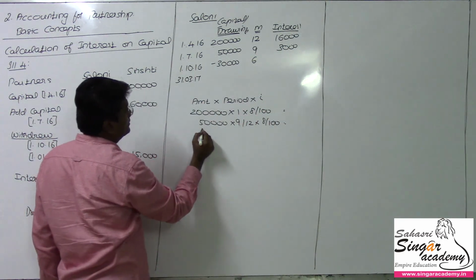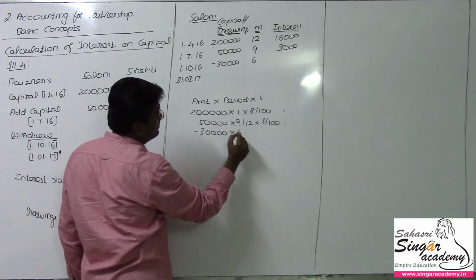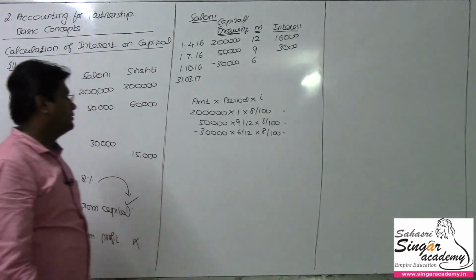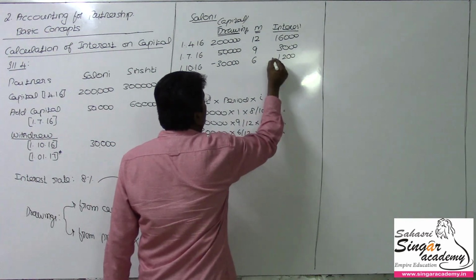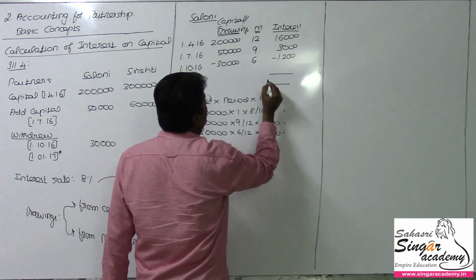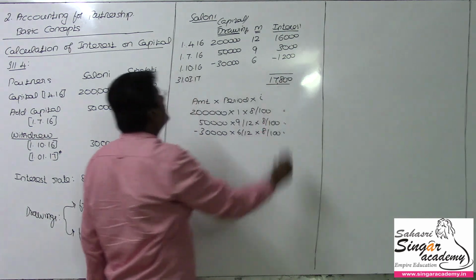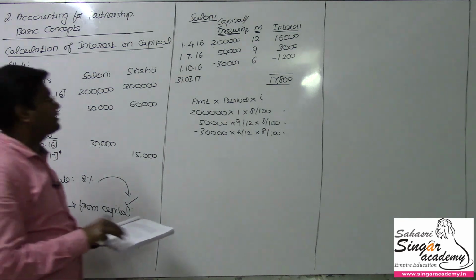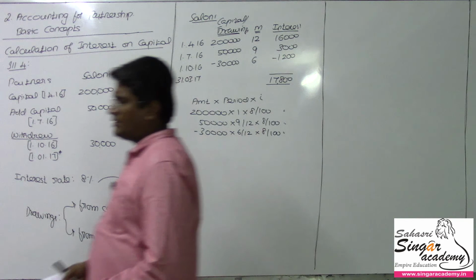And then the next one is 30,000 negative. For that the same 6 months will be applicable, and 8% interest will be applicable here, right. 1,200 will be the answer. This 1,200 is negative, so if you sum up the entire interest, 17,800 is the overall interest payable to Saloni. I hope you could now understand the interest calculation here. The other way of working is also possible.